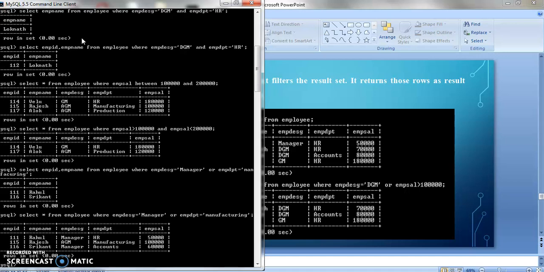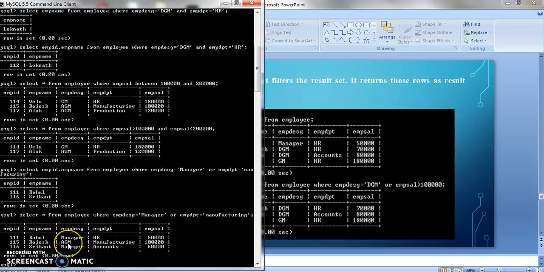So you can see I am getting those records where designation is manager or department is manufacturing. I am getting the record of 111 because the designation is manager. I am getting the record of 115 because the department is manufacturing.